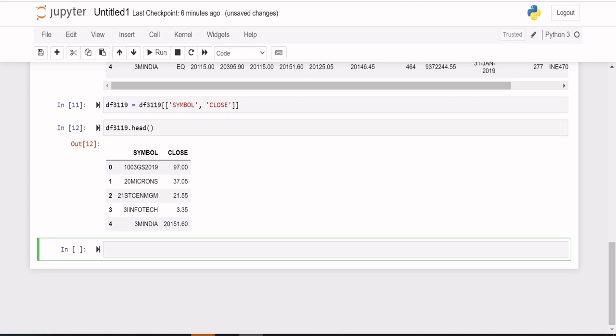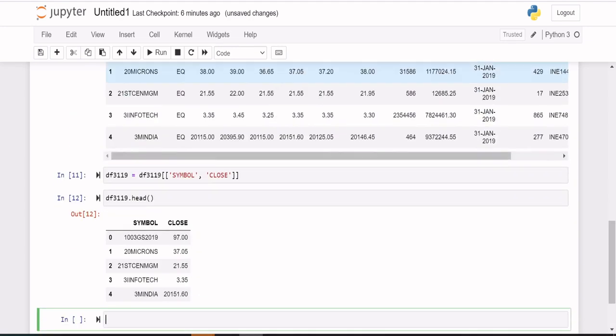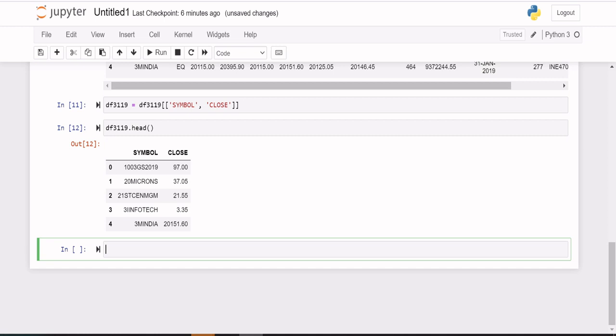Now there may be some duplicates in the data, duplicate symbols in the data whichever I have gathered. So let me proceed and remove the duplicates. df0119.drop_duplicates. While preparing the data, we may get some duplicate symbols also.